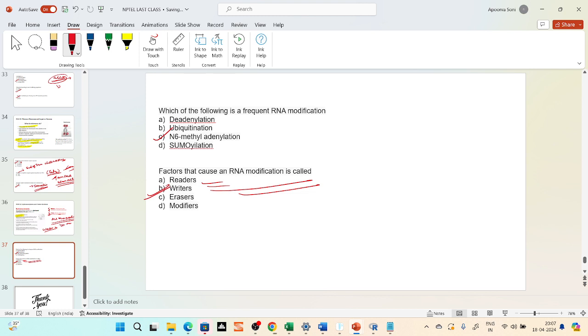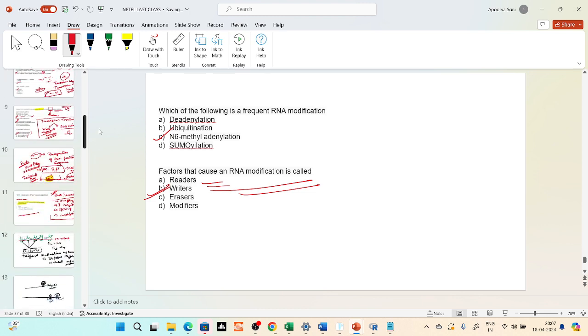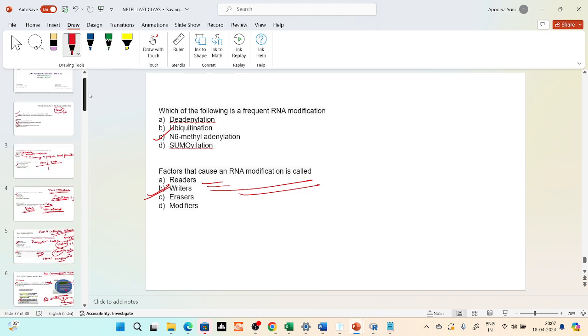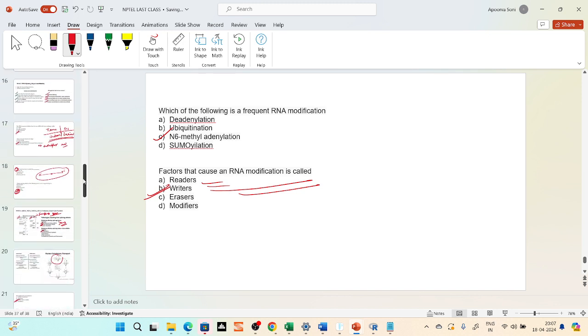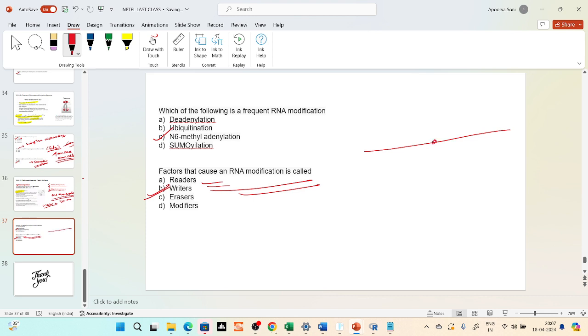So just one query that we had, if anybody knows the answer, they can tell me. Just tell me, if this is your intron, this is your branch point, this is the 5 prime splice site, and this is the 3 prime splice site, which arm is known as a donor arm and which arm is known as an acceptor arm?